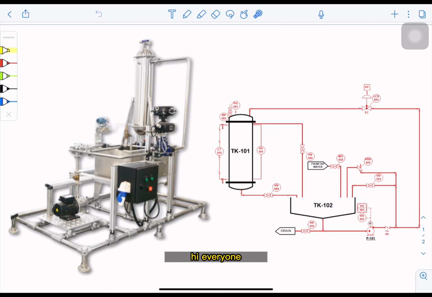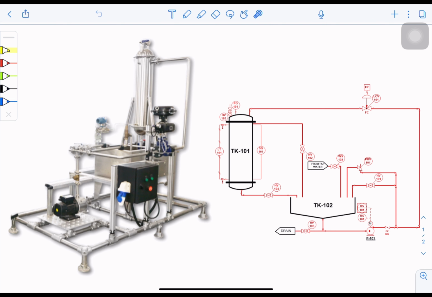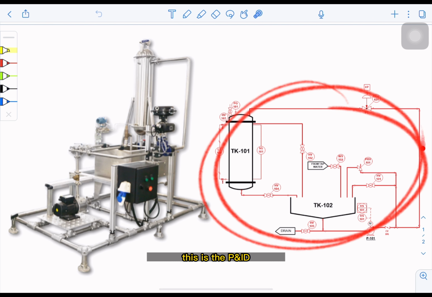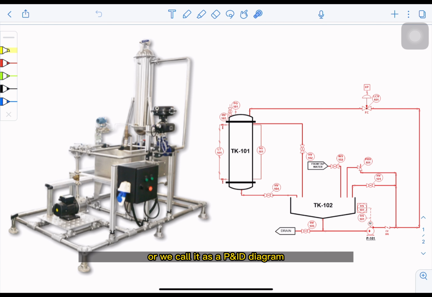Assalamualaikum and hi everyone. In this video, I would like to explain about the process and instrumentation diagram of a liquid level process. So this is the P&ID, process and instrumentation diagram, for the level